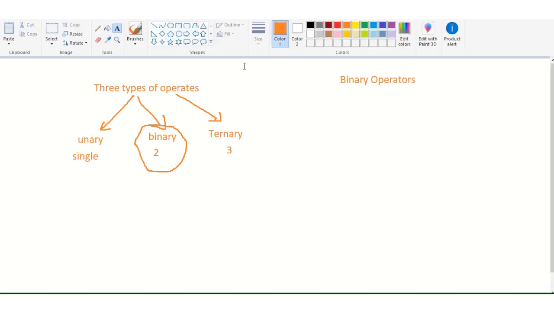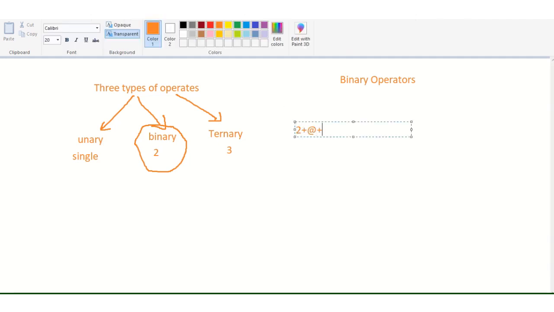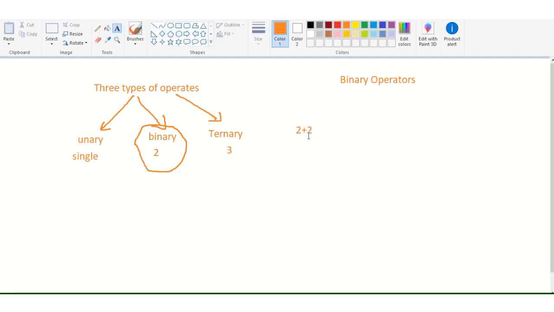For example, if I write 2 plus 2, then what does it mean? This plus is the operator, and this is the binary operator, because it is operating on the two values. It is always working in between the two values or two expressions or two operands, right?